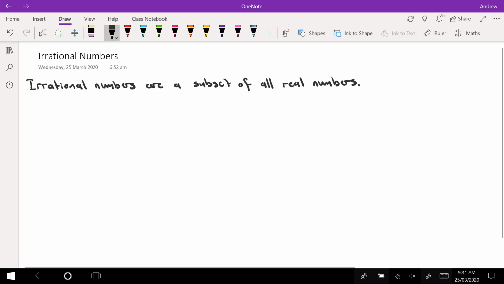And when I say subset, I mean a part of it, okay? And I'll explain a little bit about that once I write a bit more down. So we're very used to some of the following. So some sets of numbers that we are used to